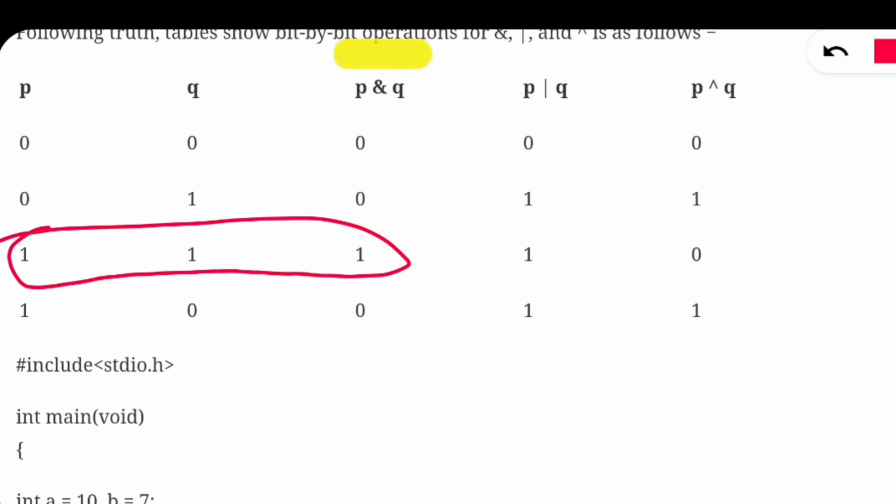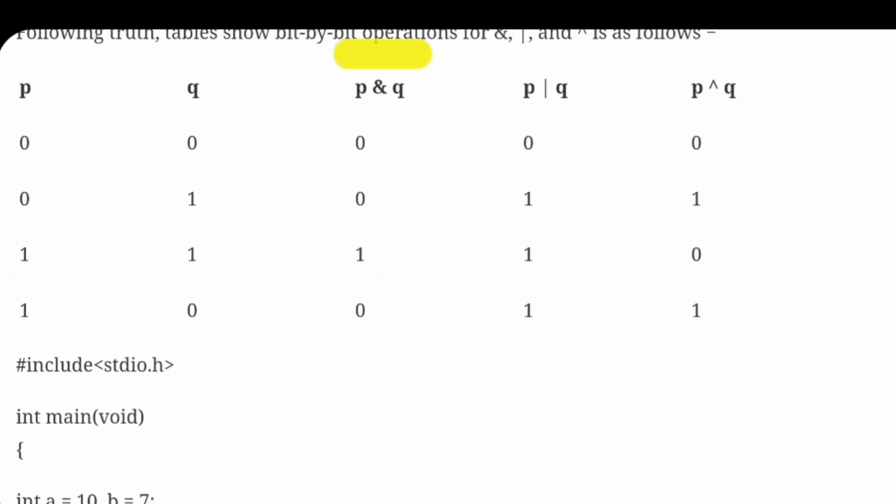Okay, next let's check the bitwise OR. In case of bitwise OR, it's opposite to the bitwise AND. If any of the input is true, the whole output will be true. Like OR: OR means any one is true, then the whole output will be true. 0, 0, both are false, so output will be false.